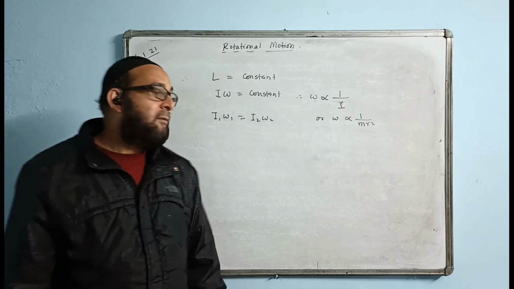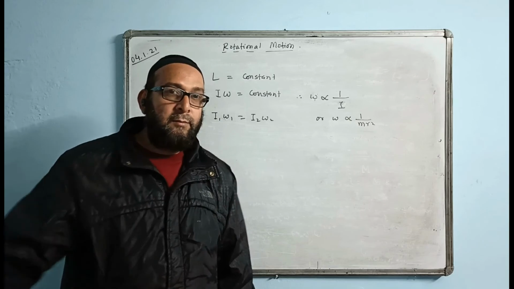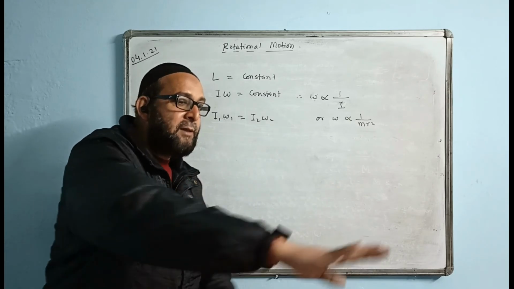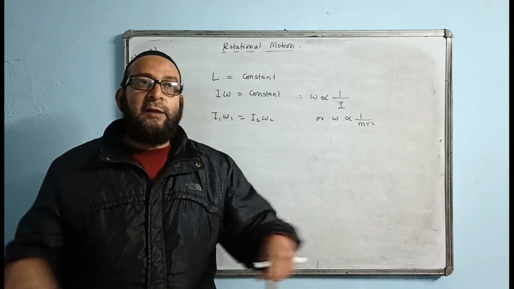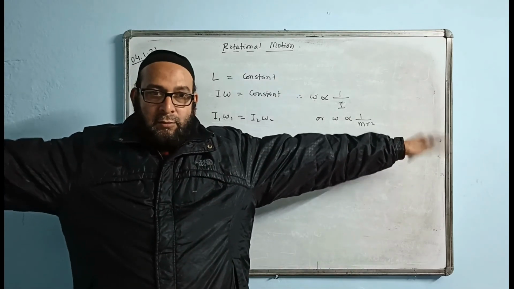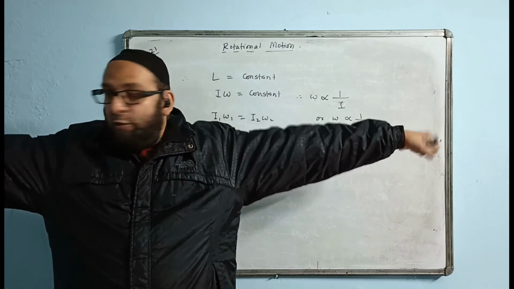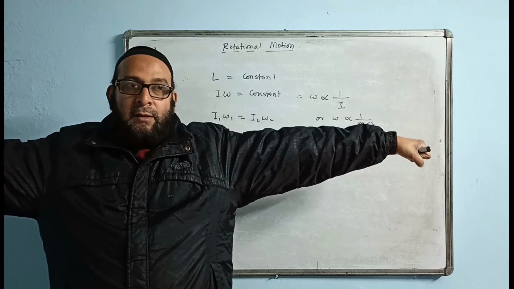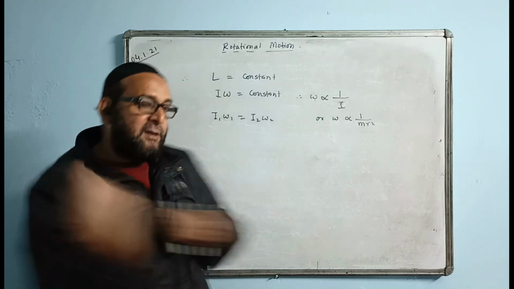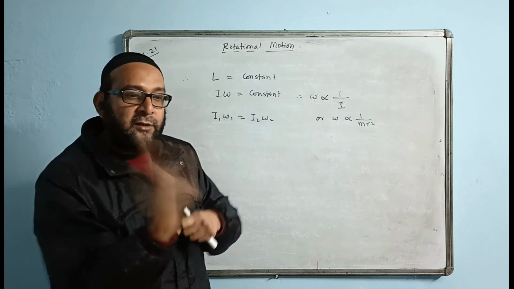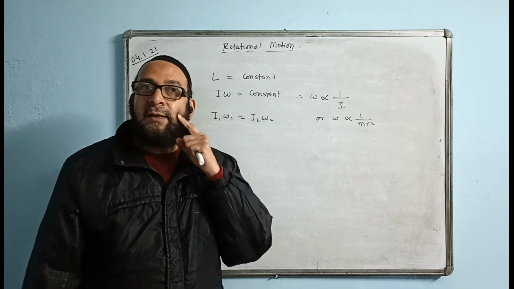Now another one, there is a diagram in the book also given. There is a rotating table, a turntable like this. The table is all the time turning around, and the man is standing on the table with 2 weights in his hands, and the table is rotating. When he brings the weights close by like this, then he starts spinning faster. Can you guess what is the reason behind this?